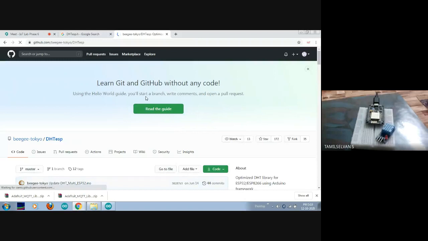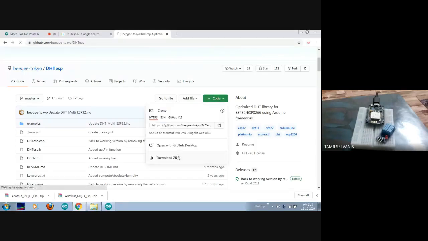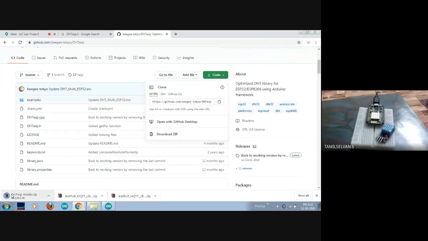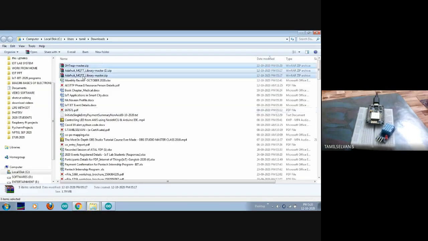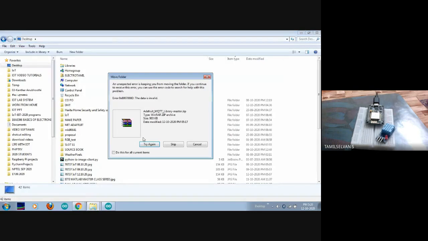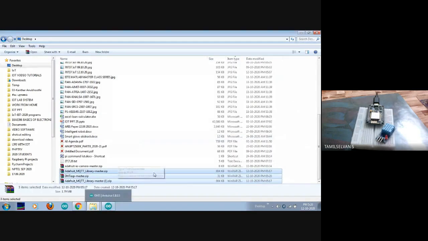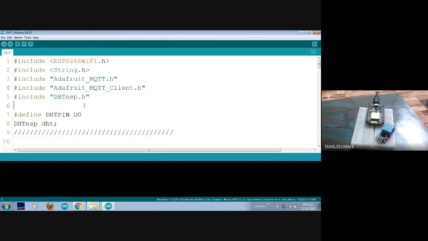So here is our DHT library, and this will be uploaded by this particular fellow. So you click on here and you may click download. Sometimes finding the small DHT is a very tough job. So you may go with the DHT ESP for betterment. After downloading all these three, you may go to a desktop and paste it over there. I'm mentioning desktop because it is easy to locate from your Arduino.